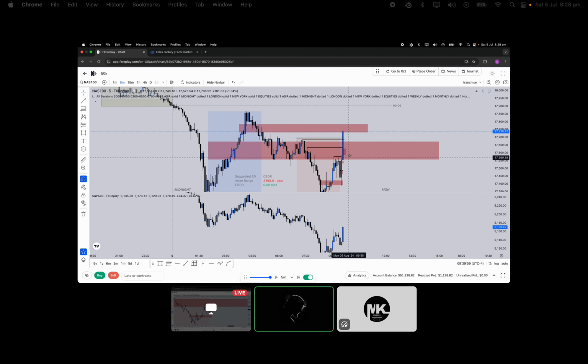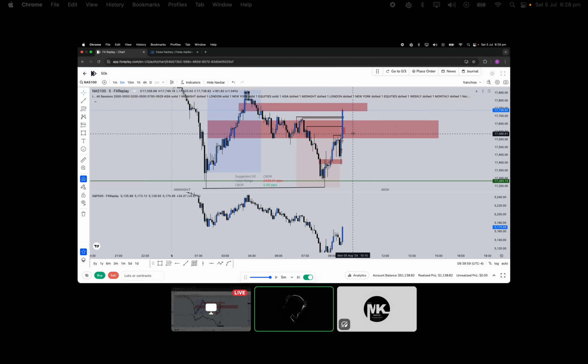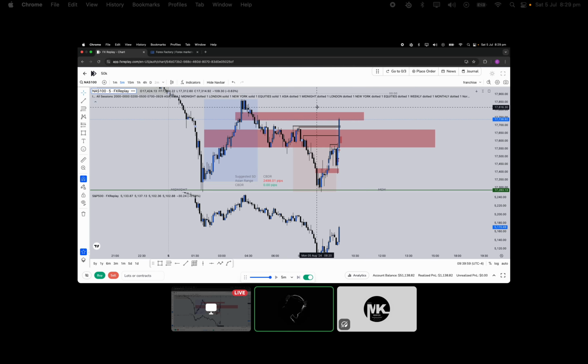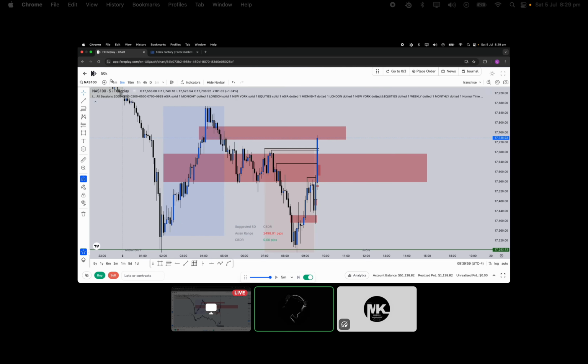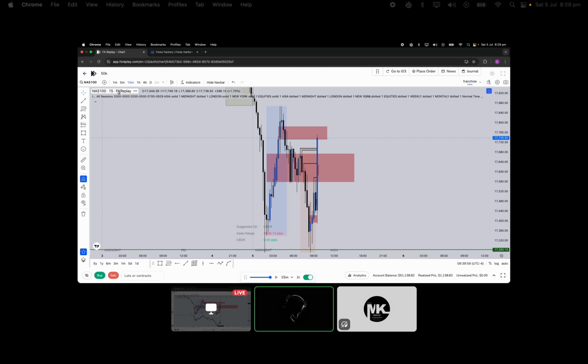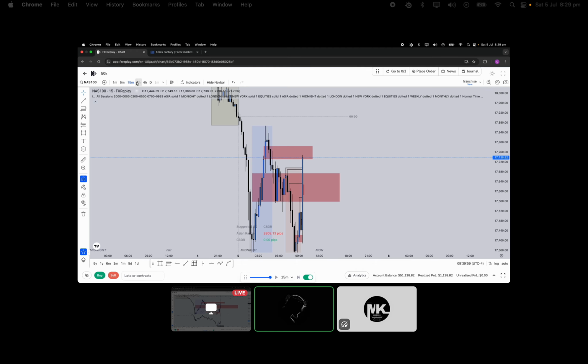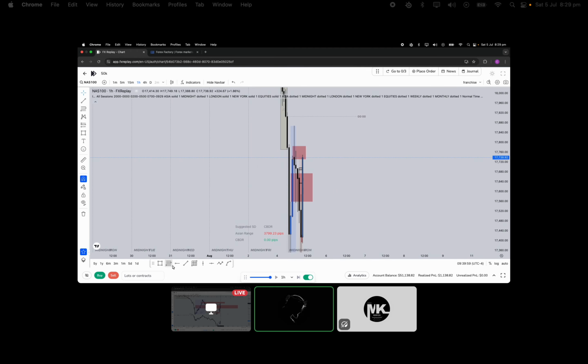A, we will not inverse it and we'll use it as a fractal buy model to continue higher, or B, we'll get a very low wick and then inverse it, and that'll be even stronger, as we have swept out all of these liquidity targets. But we'll see how we push into this inverse gap now, and because of the displacement, my eyes would go to further highs, so we can then